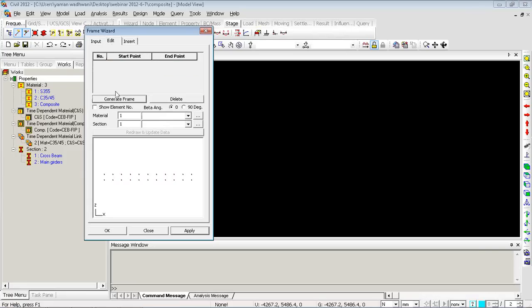And then edit, I select the material, composite type of material. Let's say cross beam material, that is steel, and the section has cross beam. And then generate the frame,